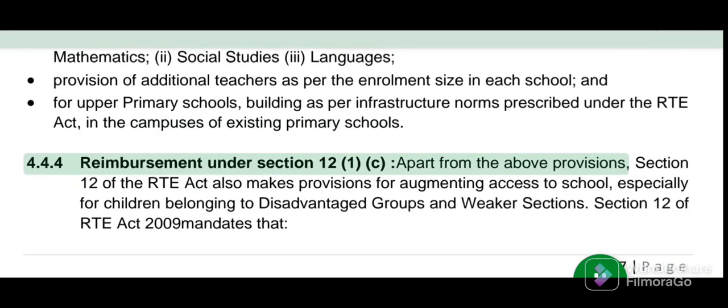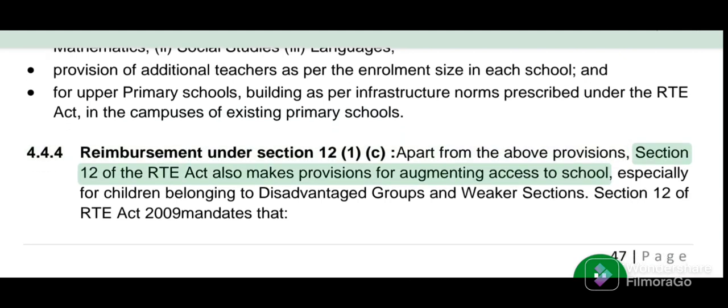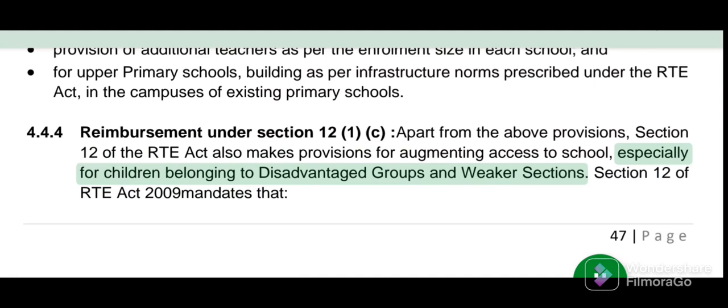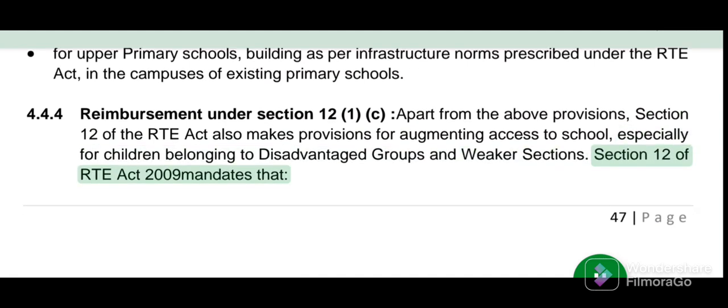4.4.4 Reimbursement under Section 12(1)(c). Apart from the above provisions, Section 12 of the RTE Act also makes provisions for augmenting access to school, especially for children belonging to disadvantaged groups and weaker sections. Section 12 of RTE Act 2009 mandates that,